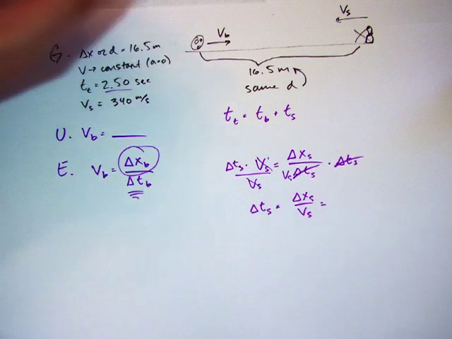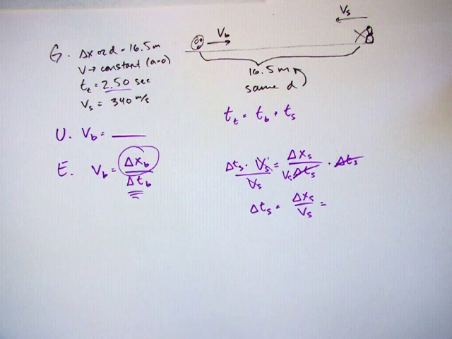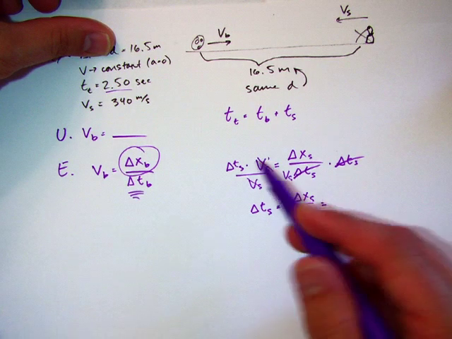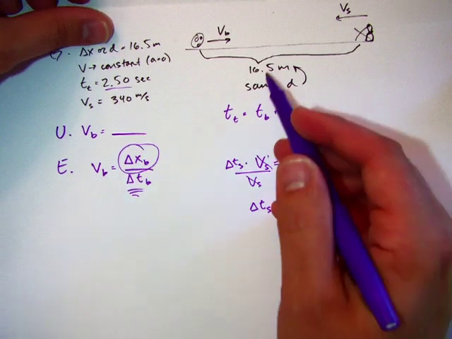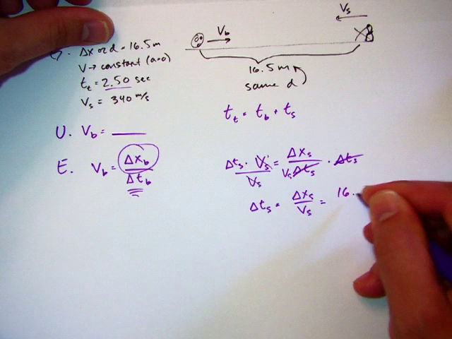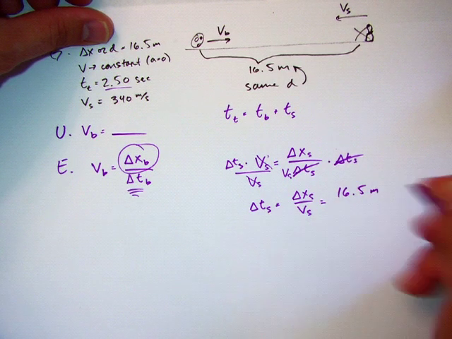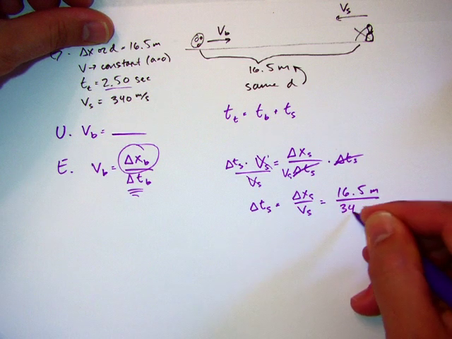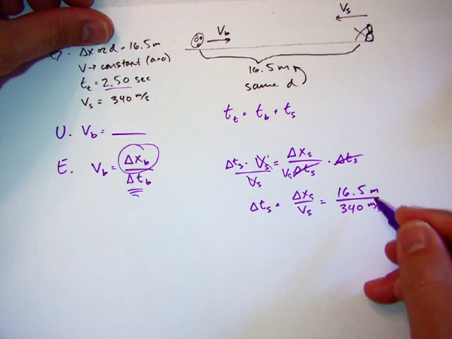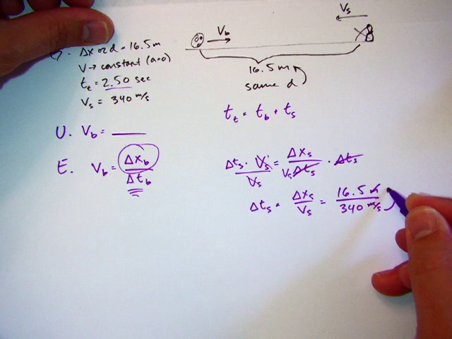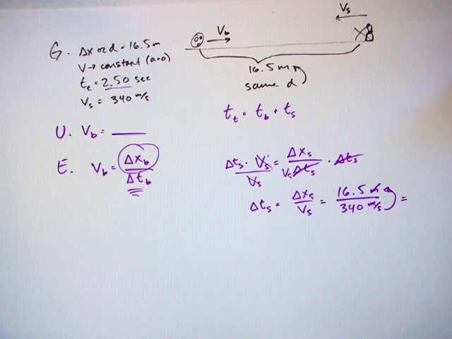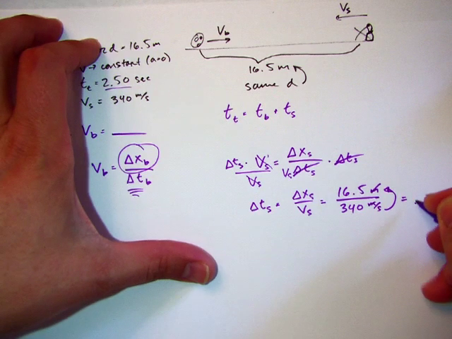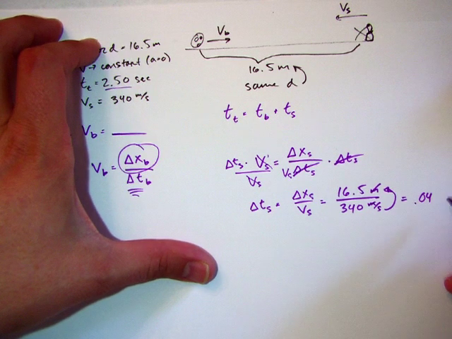Now, once I've simplified, now I evaluate, meaning I put in my numbers after I've manipulated my variables. So delta x is the distance traveled, or the displacement of the sound wave, which is 16.5 meters, divided by the speed of the sound, which is 340 meters per second. I have a meter over meter, 1 over second. The second goes to the top. And I'm left with 0.04853